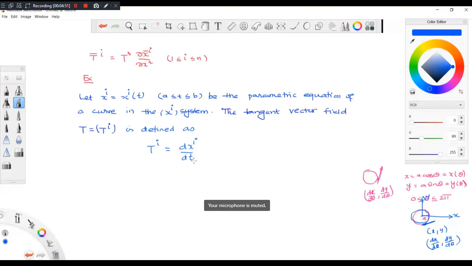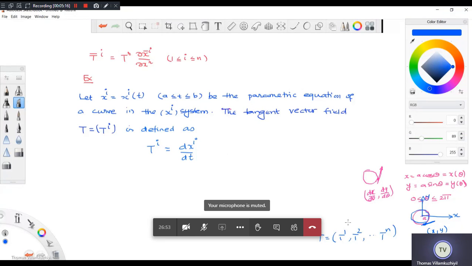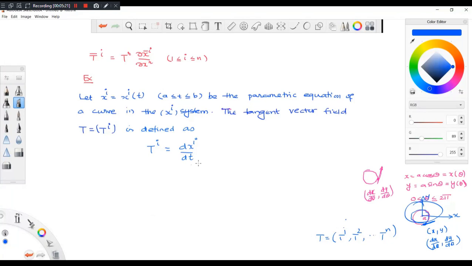In the same way, dxi by dt means dx1 by dt, dx2 by dt, dx3 by dt, etc. These are the components. If I take the tangent, it has components t1, t2, etc., tn. So t1 is given by dx1 by dt, t2 is given by dx2 by dt, tn is given by dxn by dt. This is in n dimensions, whereas the circle is 2 dimensional. So the components of the tangent vector are given by this, where 1 less than or equal to i less than or equal to n. Do you understand this?